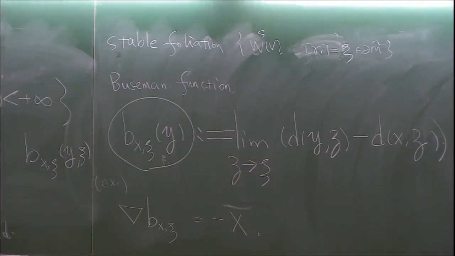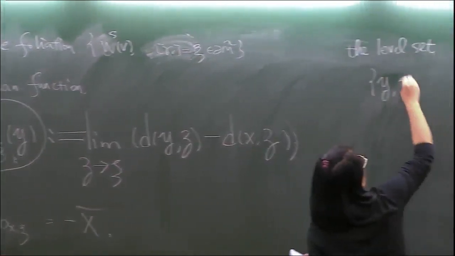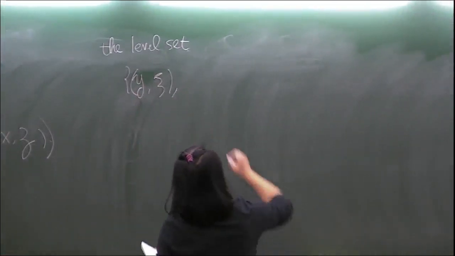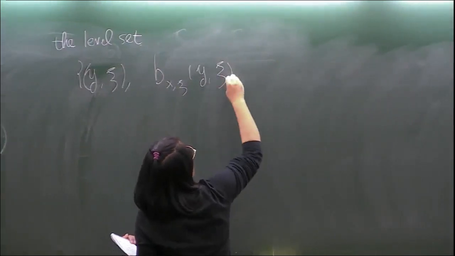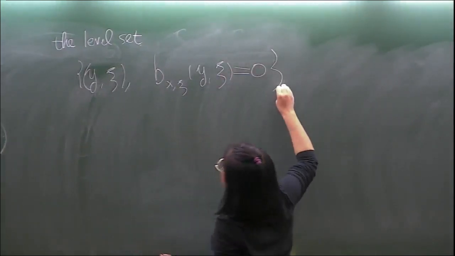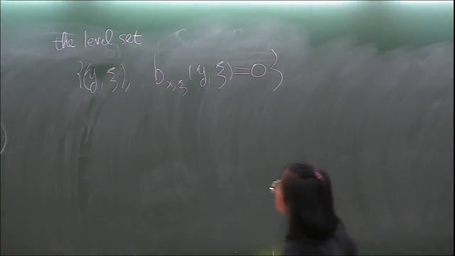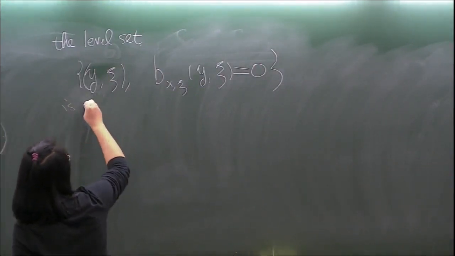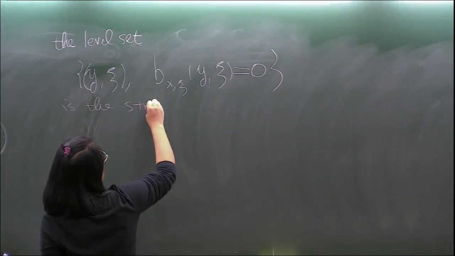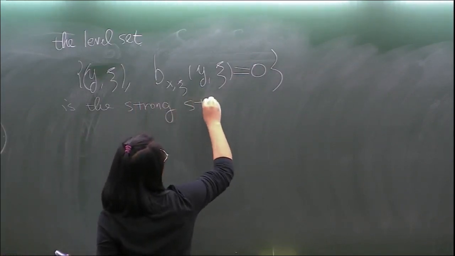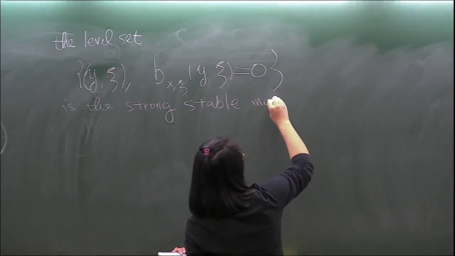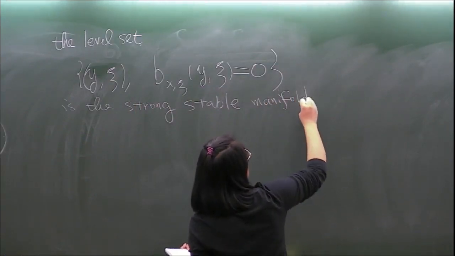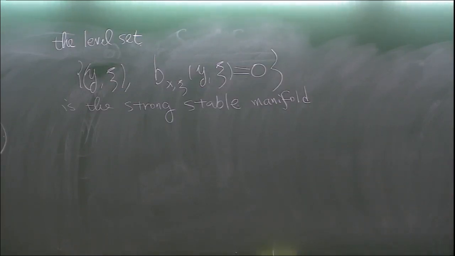So the level set of y_c such that b_{x,c}(y_c) equals 0 is the strong stable manifold